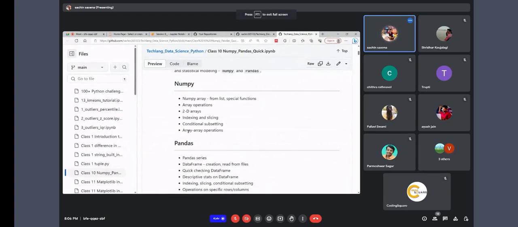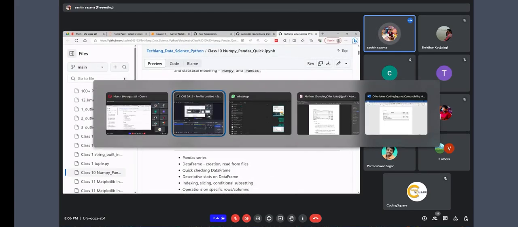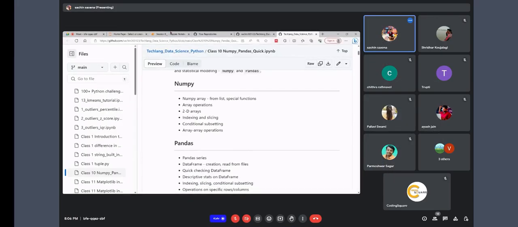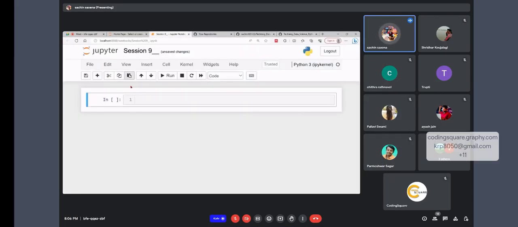Conditional subsetting, array operation, and list special functions, right? But before starting this session, let me come out with the different